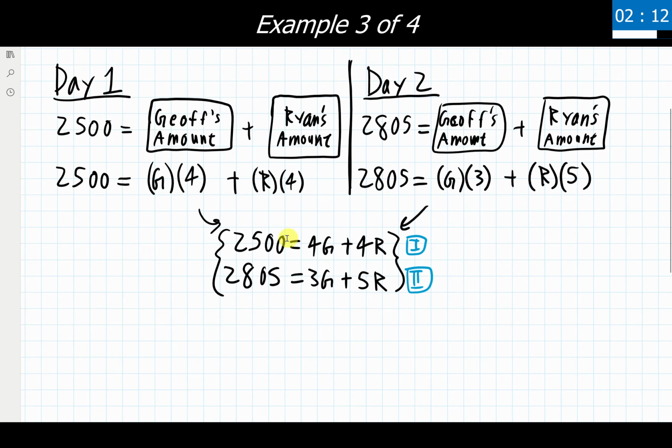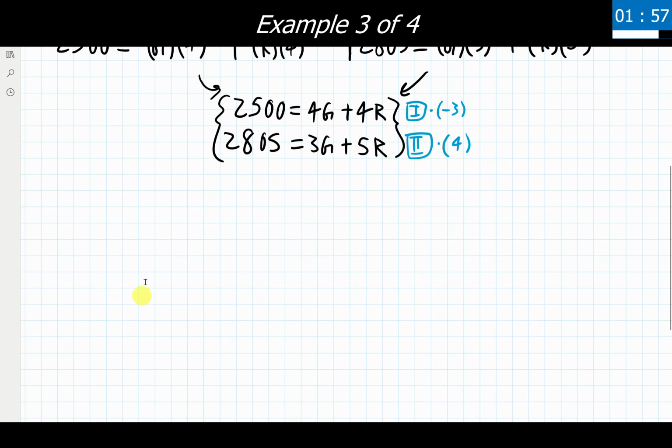So I'm going to multiply the first equation by, we'll make this one the negative, -3. I'm going to multiply the bottom one by +4. And I'm going to go through and do the rest of the elimination method. Write down here, solve for g, and then solve for r. Well, actually, solve for r, and then I'll solve for g. But get to our final answers right down here.